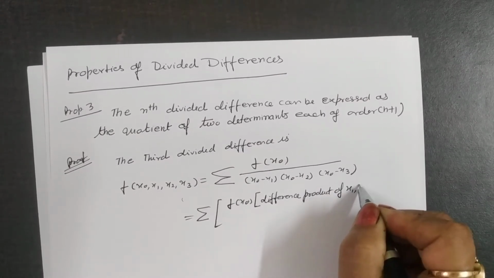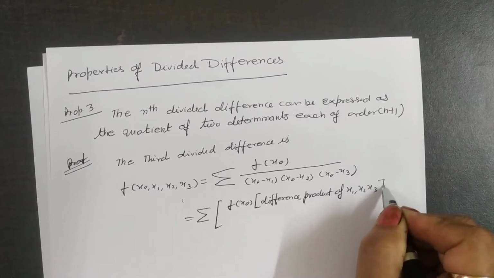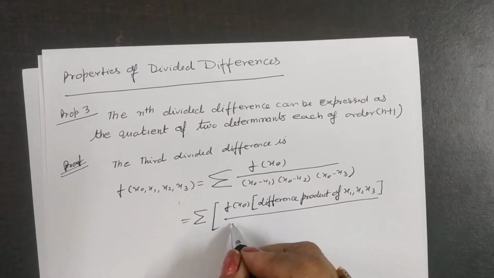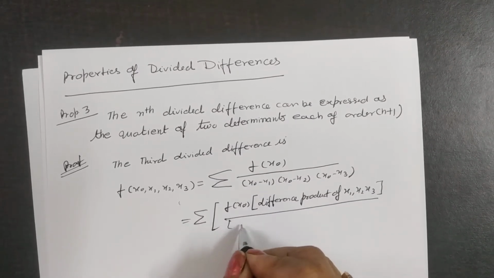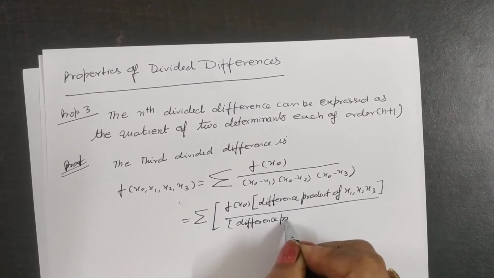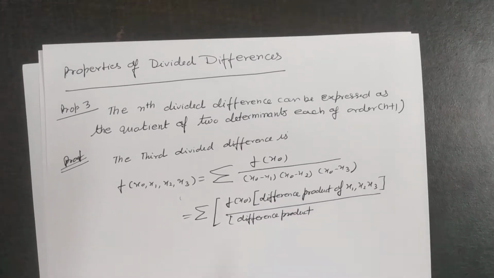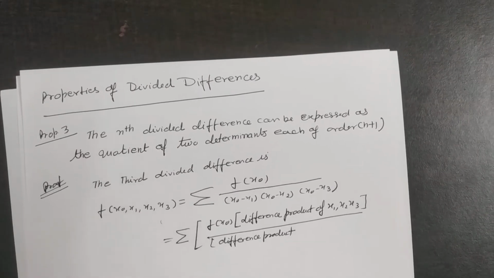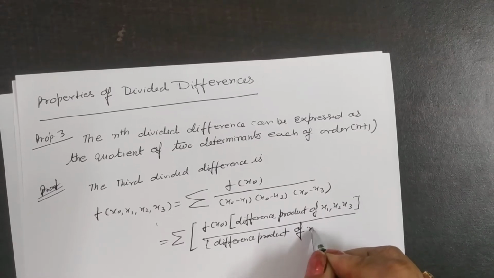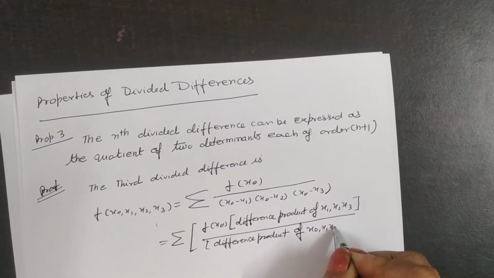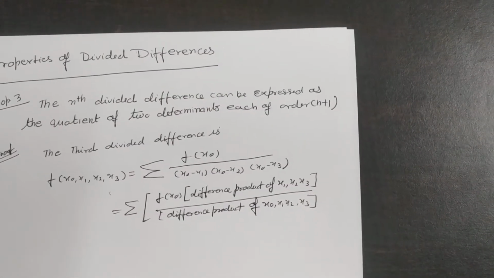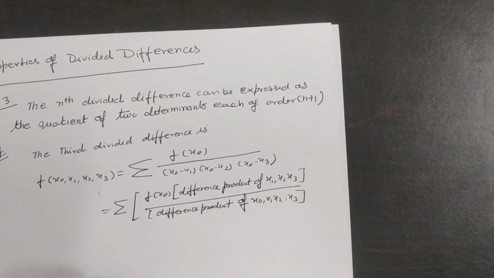x1, x2, x3, yes, and divided by the difference product of x0, x1, x2 and x3. Yes, clear it? Okay. Now, by the